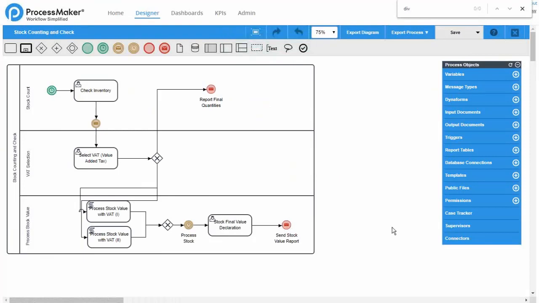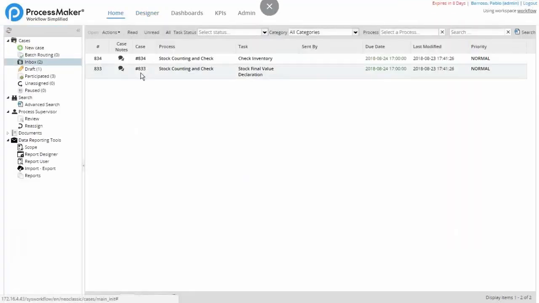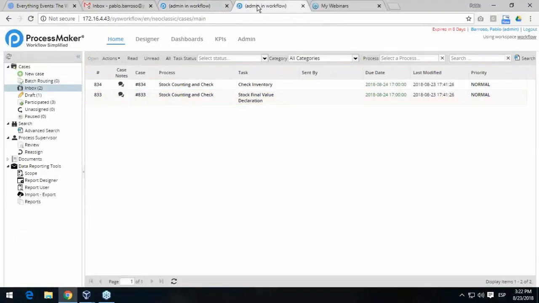Time definition, communication, everything with our events. Both are going to be ready to be executed for this demo. Okay, I have already 2 processes here, and I want to show you how it works. I'm going to start first with this case, the second case in the line, and what I try to do, I'm going to show you here